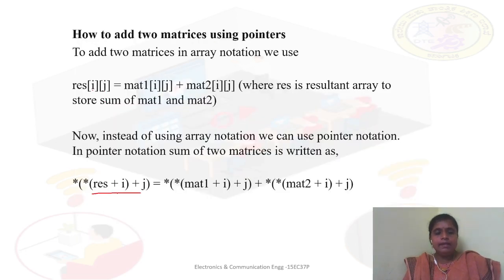The resultant of i plus j, this is a pointer. For this again we use a pointer. This pointer is going to the last resultant memory location where the added element is to be stored. In the same way, matrix 1, this is the initial value, which is added with the value present in i, and this result is added with j. This is present in the pointer. And when we want to go for the next element, again we use the pointer to a pointer. So in this way we use the pointer notations to get the sum of two matrices.